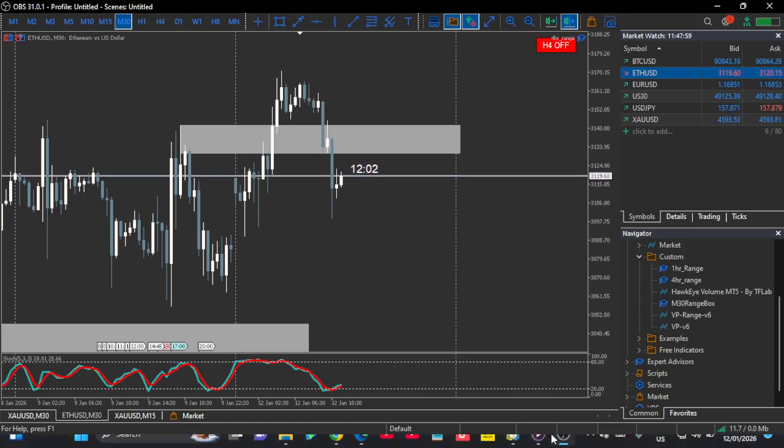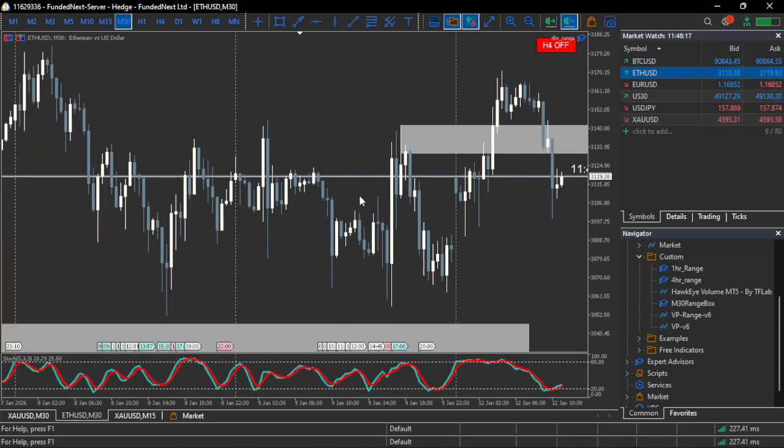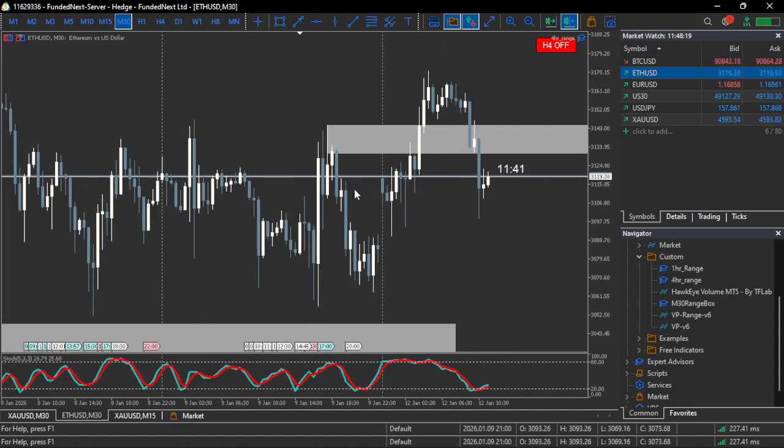All right. So we are going to look at the analysis and the overall bias for gold and Euro USD, right? I trade only three pairs, that is gold, Euro USD, and sometimes Ethereum. USD JPY is for gambling. I don't trade USD JPY, right? So the overall direction for, let's look at first gold,